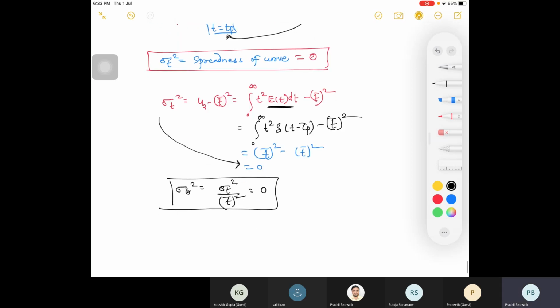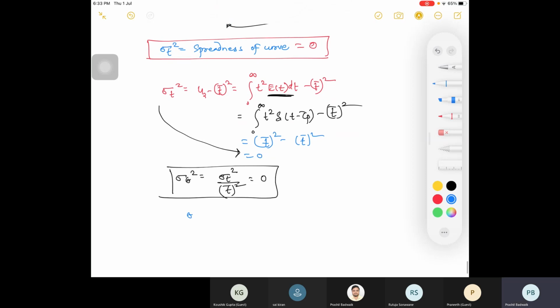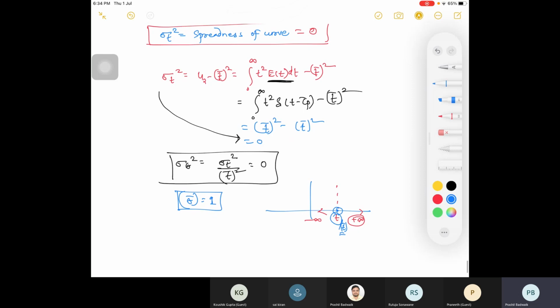Then your theta mean is always 1, right? Because you will be having the curve on either side. This is your value, and you are having minus infinity here, and plus infinity here. So I am imagining you will be having the mean time as this. So if you divide by t mean, you will be having 1 on either side. So this is your theta mean, that is equal to 1.